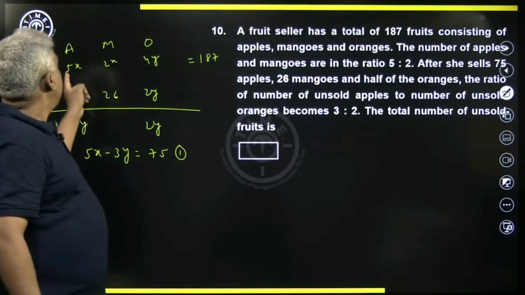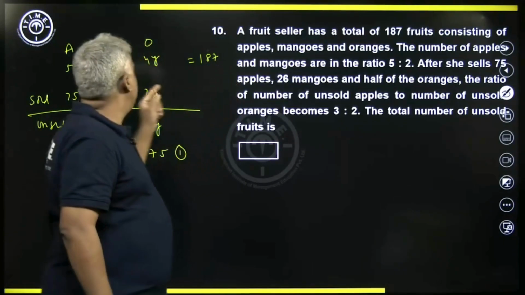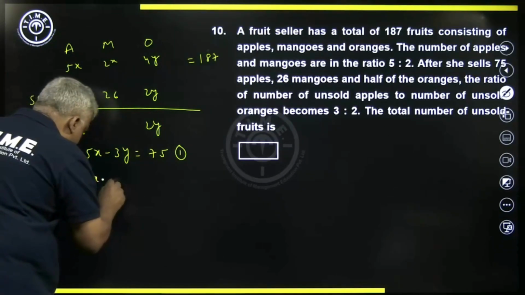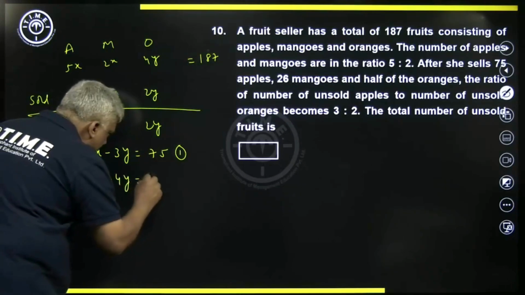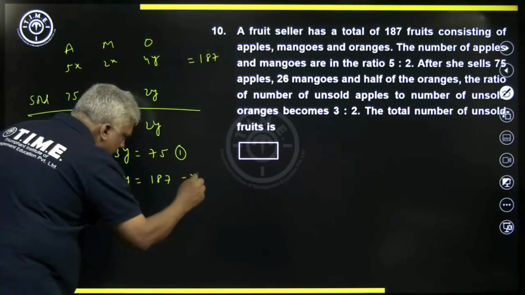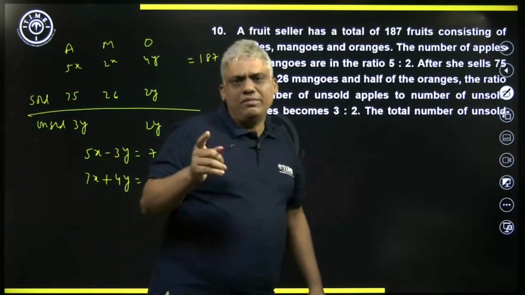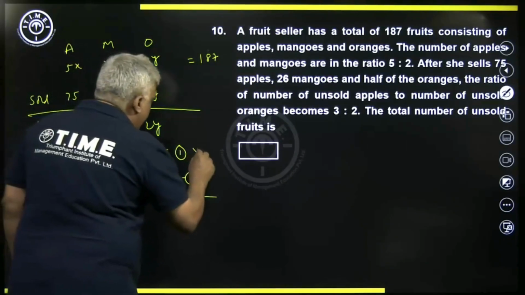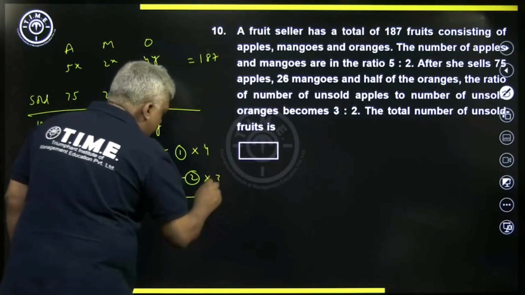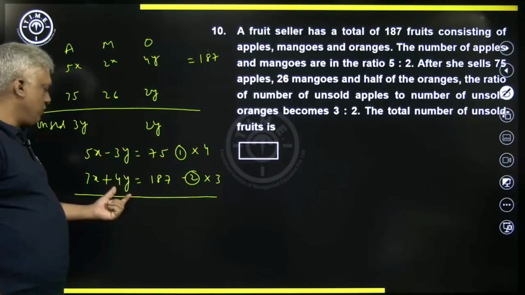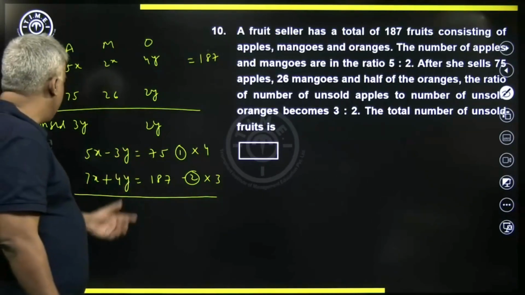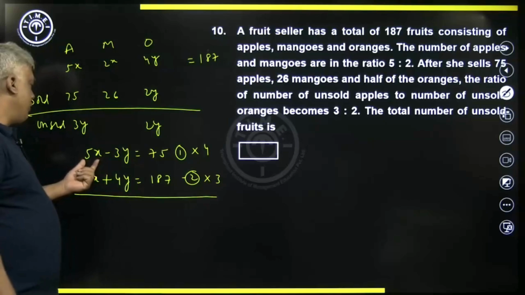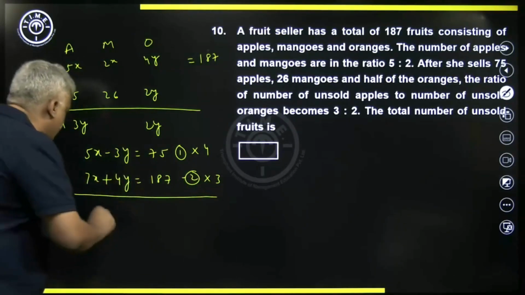Another equation: the total fruits in the beginning were 187. So, 5x plus 2x, that is 7x, plus 4y, is equal to 187, and we can solve for x and y using these two equations. Let us eliminate y. Let us multiply the first one by 4 and the second by 3. So, minus 12y and plus 12y, we can add these two equations and y will get cancelled. Here we get 20x, here we get 21x. So, 41x